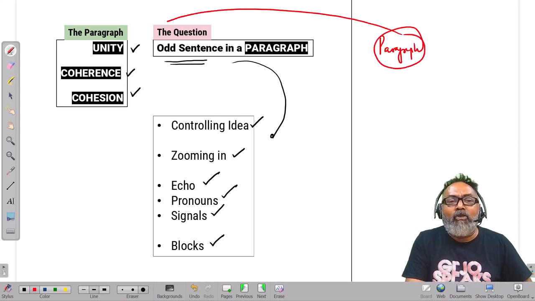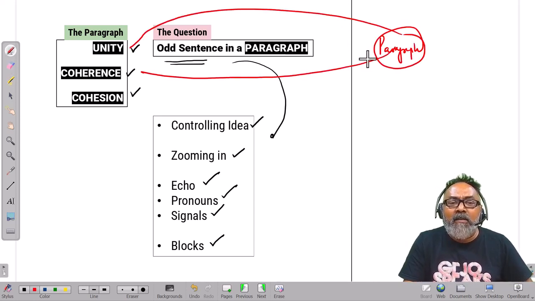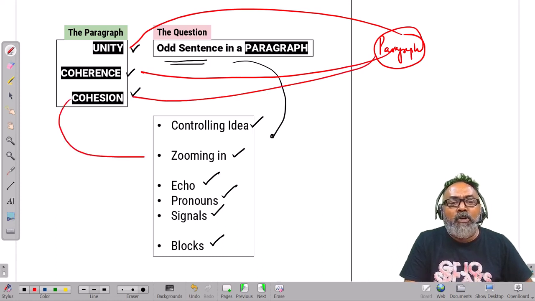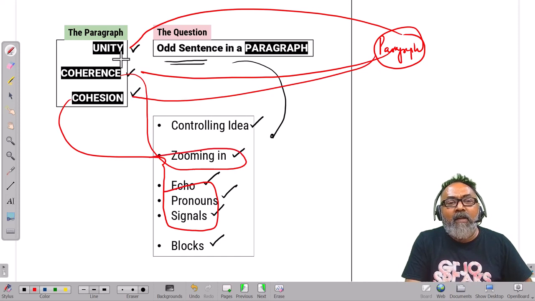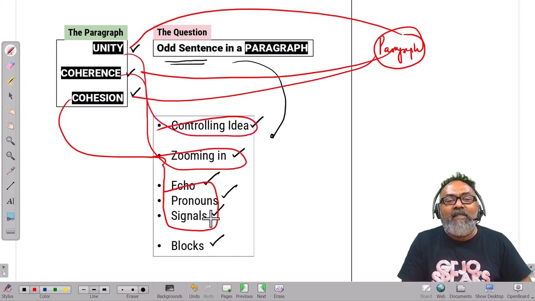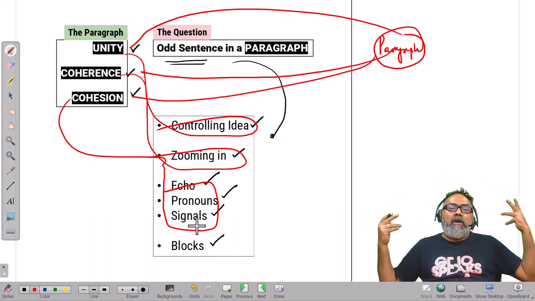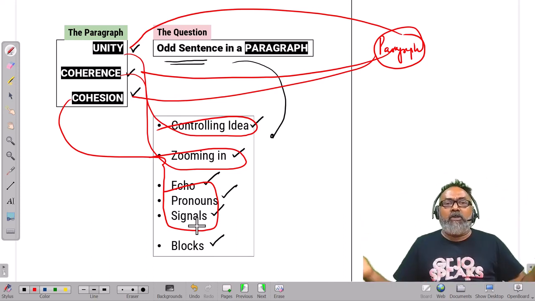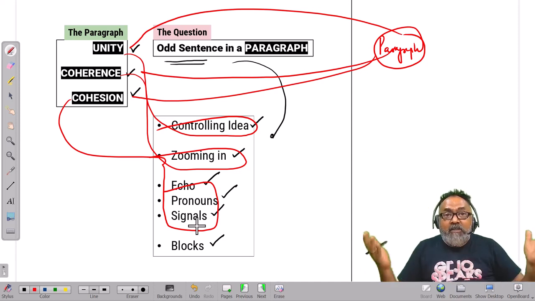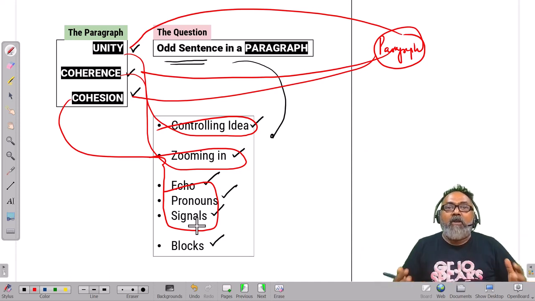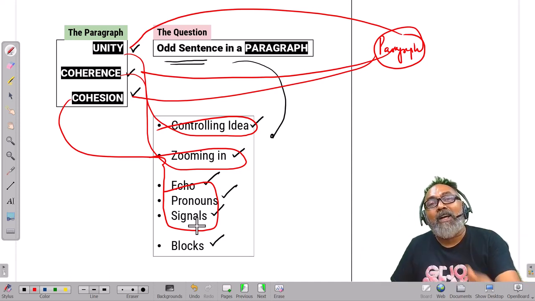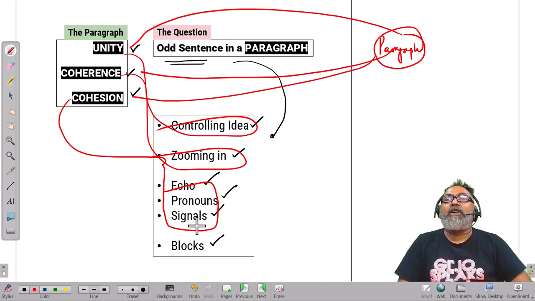and the paragraph has to deal with these three things, and there are certain cohesion tools that are used. There is typical coherence that happens. There is going to be a controlling idea, and they can find one block. Whatever be the kind of question thrown at me, I will use this. Next time there is a new kind of question, since I understand how a paragraph works, I can apply this. That's how we're going to deal with it.